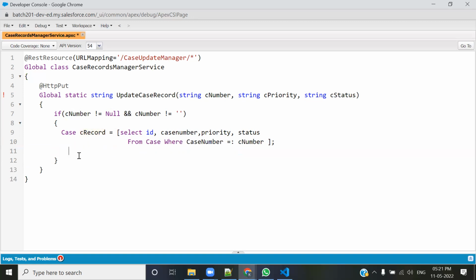For that, I'm checking if c record dot id is not equal to null. That means one record has been fetched. The query successfully fetched one record, right? So if it is not equal to null, after getting that case number and firing it inside the query, that means आपको वो case number के against में एक record मिल गया है. Now what is required to do is like,